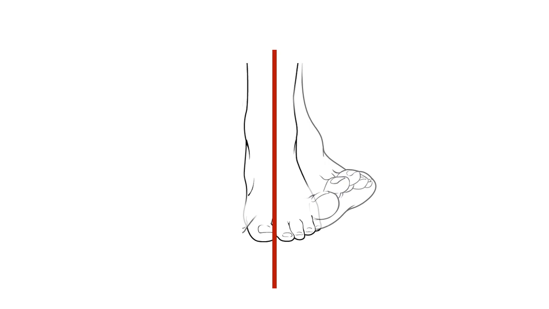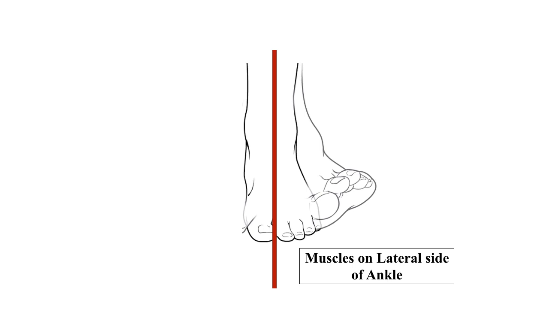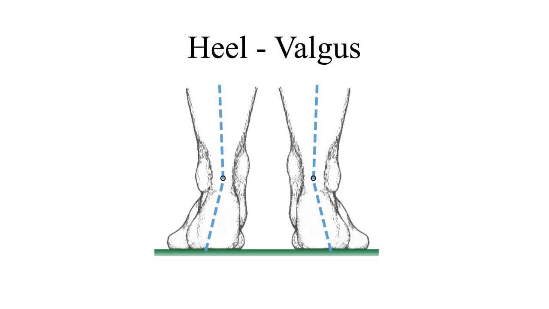When an axis is drawn along the midline of the leg and the foot, any muscle which is present on the lateral side of this axis will pull the foot towards the lateral side, causing eversion or valgus, which occurs in the subtalar joint. Now, this is an example of a valgus heel. This is the axis of the leg, axis of the heel, and we can see that the axis of the heel is lateral to the axis of the leg, and that is why it is called valgus or eversion.